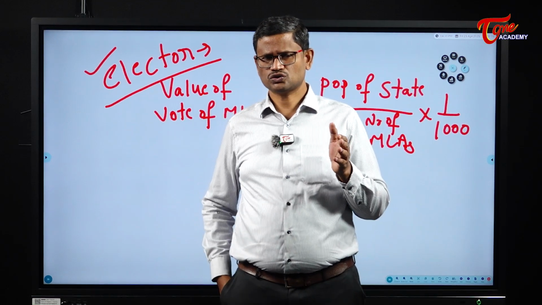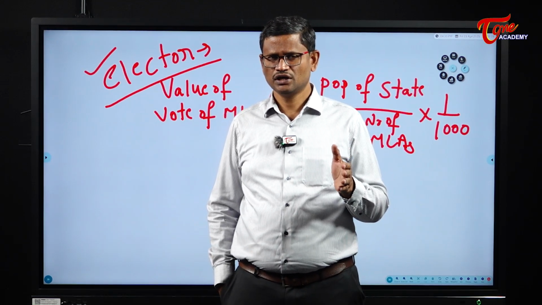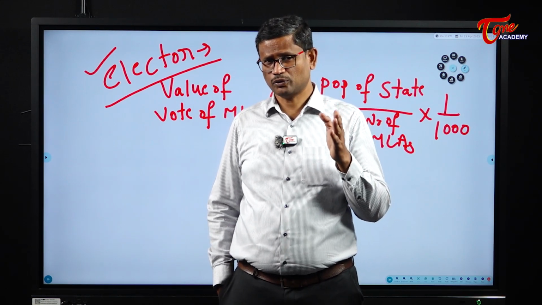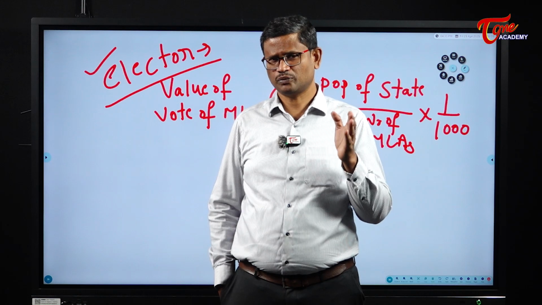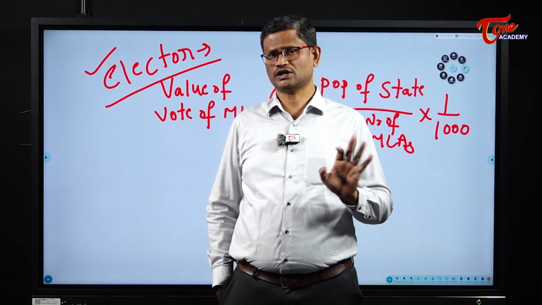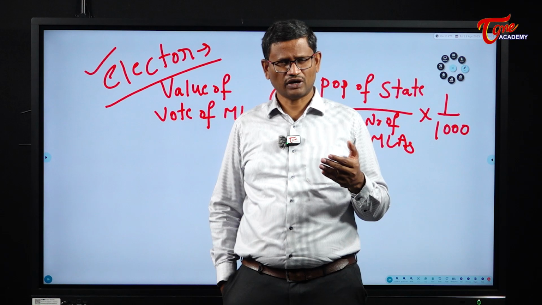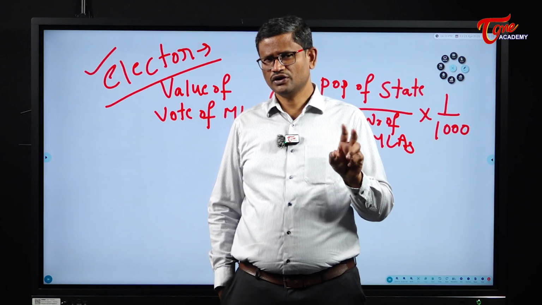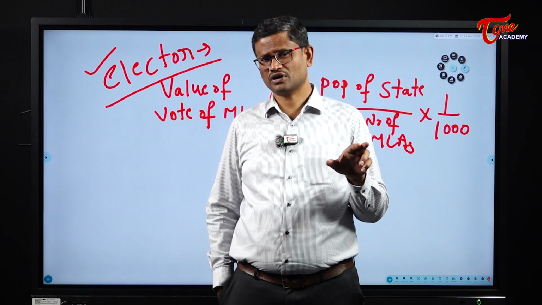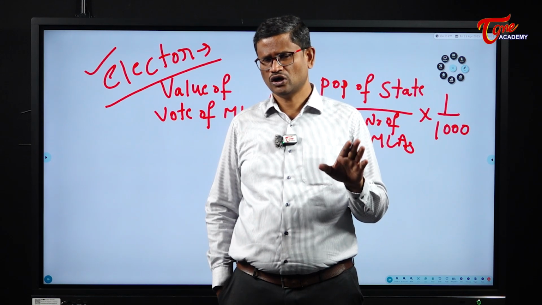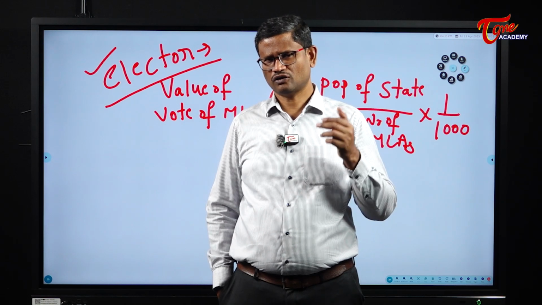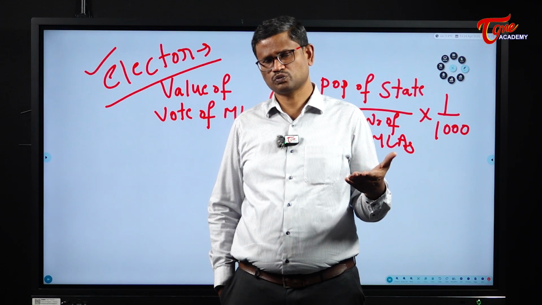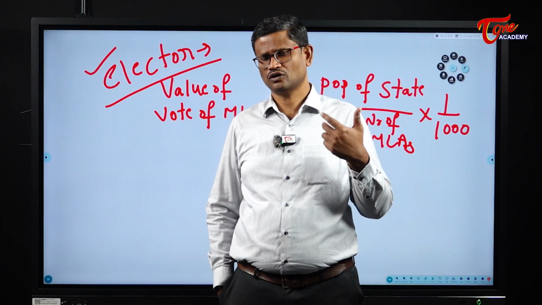If a person has to contest the office of the president, his candidature must be proposed by 50 electors and supported by another 50 electors. This is the requirement. At the time of elections, every elector will give as many preferences as the number of candidates contesting. The one who secures more than 50% of the valid votes polled will be declared the winner.